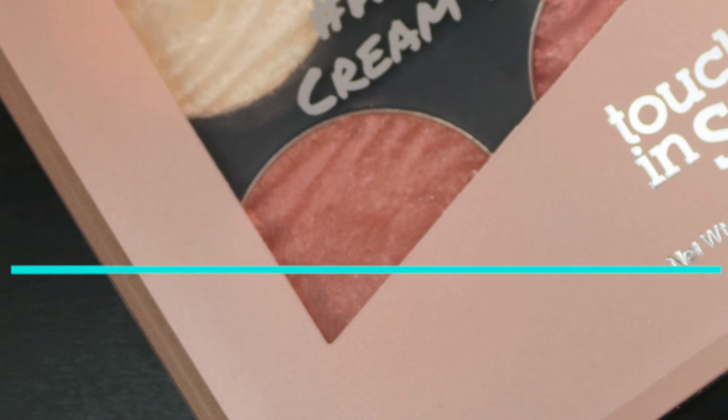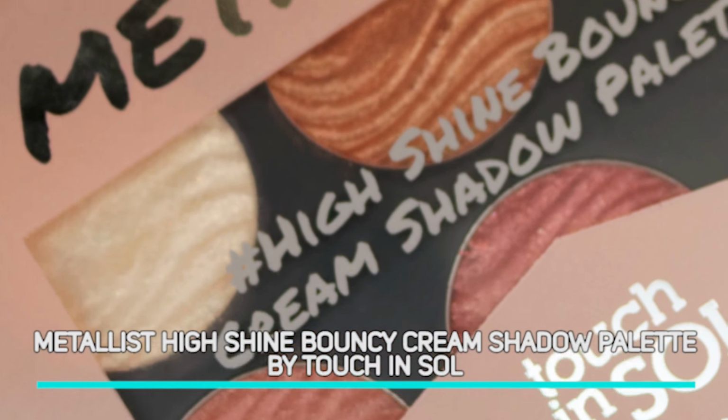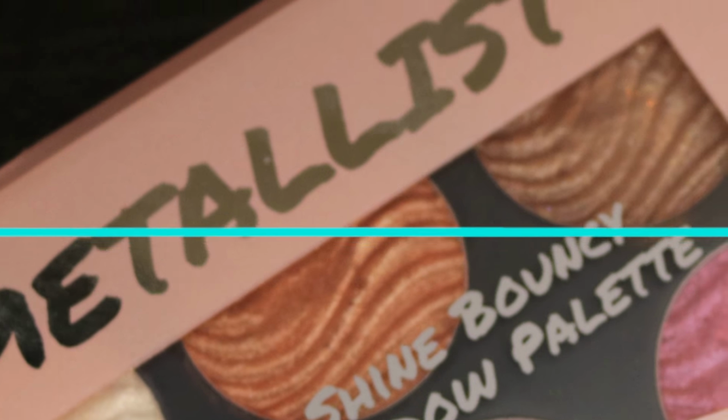Okay, so for today's video, I'm excited to share with you the newest product from Touch in Seoul, and it's a Metallist High Shine Bouncy Cream Eyeshadow Palette right here. I had previously done an eye swatch video on the Metallist Liquid Foil and Glitter Double-Ended Eye Set right here, and I thought it was a lot of fun eye swatching,